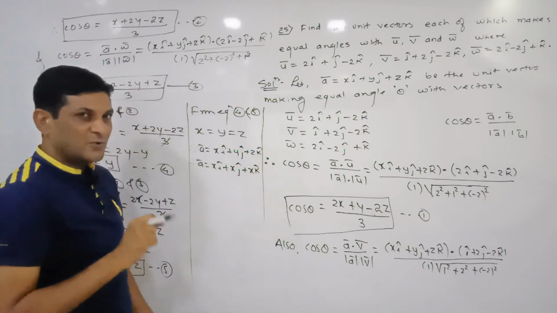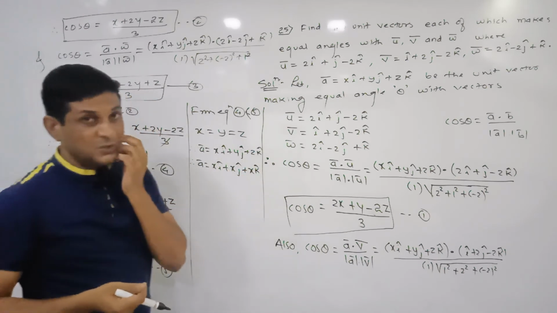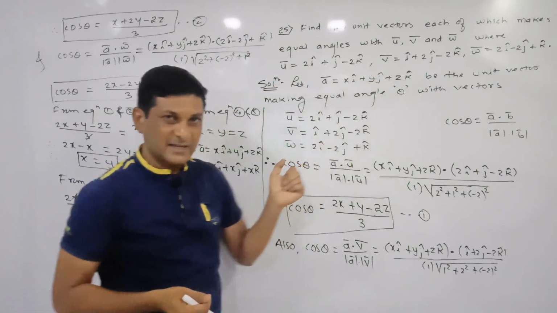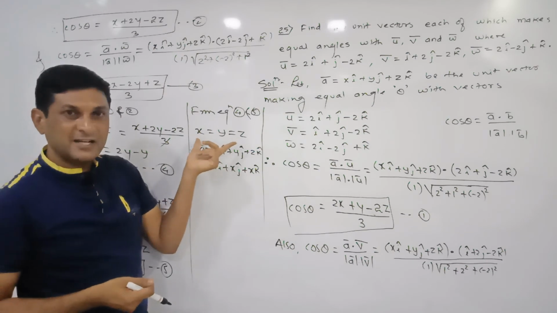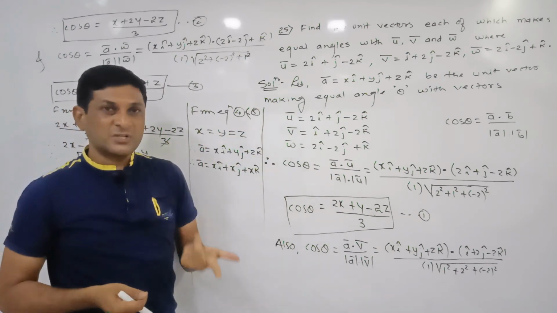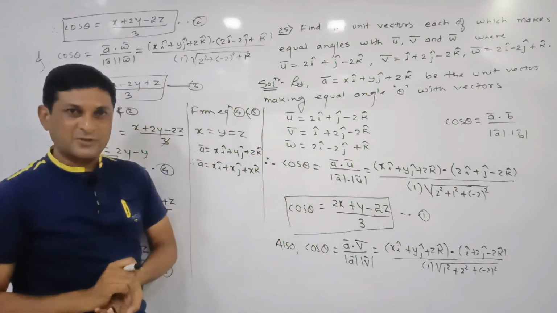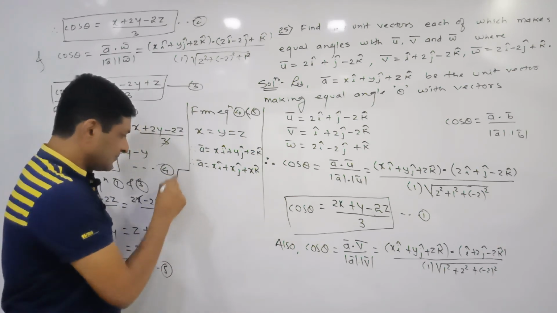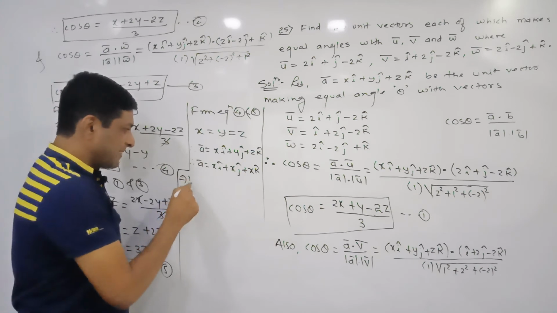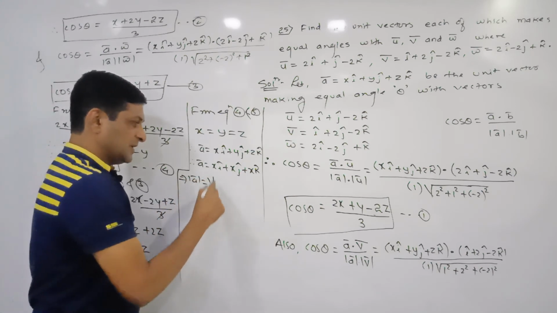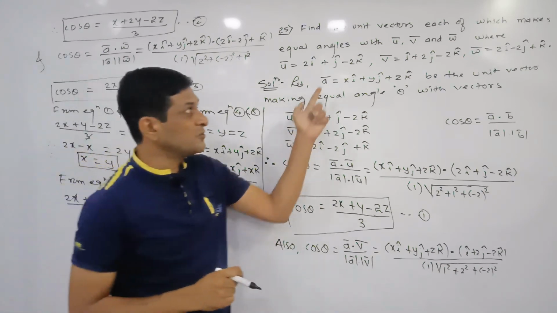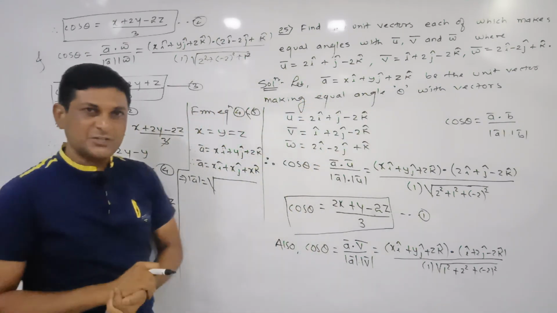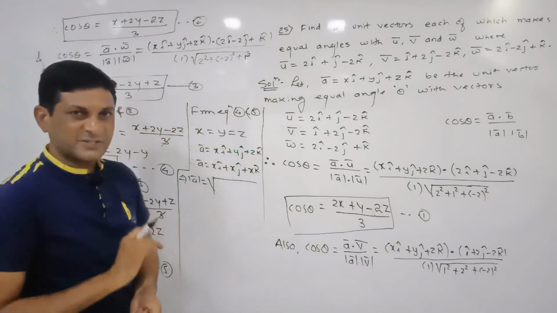This will be the value of a bar. But already we know that to find out the value of a bar we will require x, y, z. So what we have proved? x, y, z are equal, but its value is equal to which number? That number now we are trying to find out here. So this implies that magnitude of a bar is equals to, so magnitude is already known to us because it is unit vector, so its magnitude is 1. Using this condition we are trying to find out value of x, y, z.